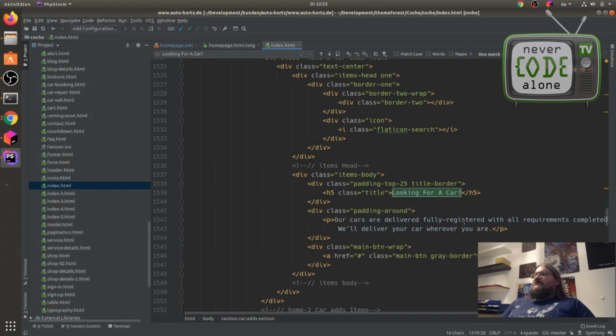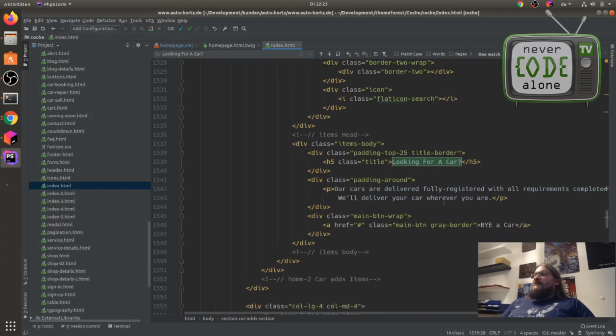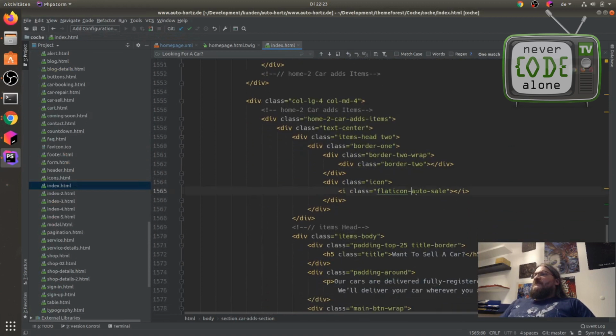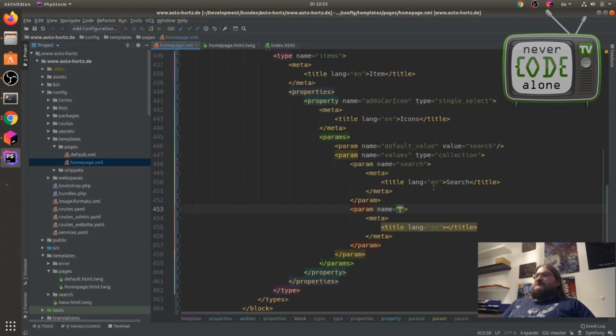So we check out the second. It's auto sale. The value, and we show this title here to the editor.